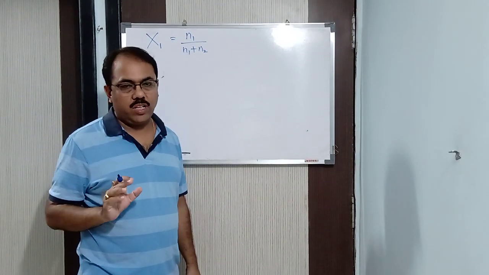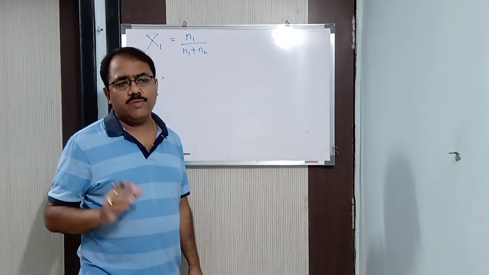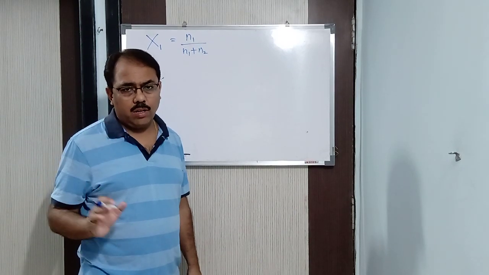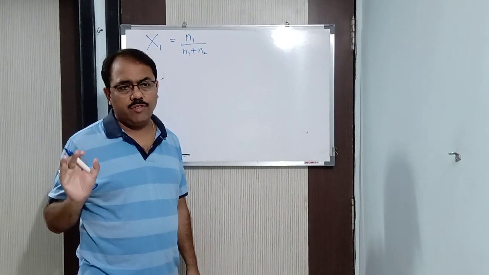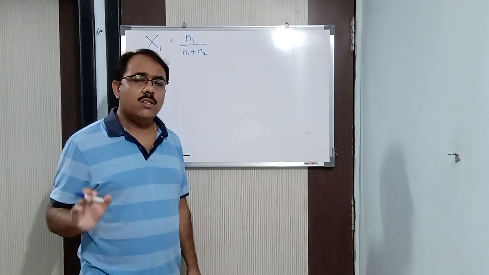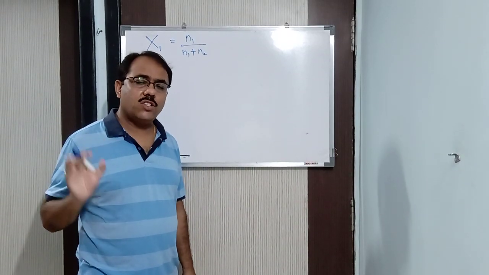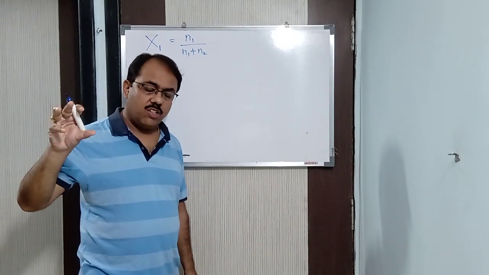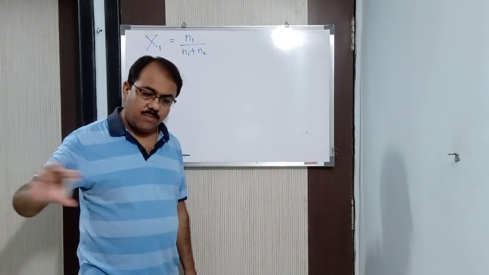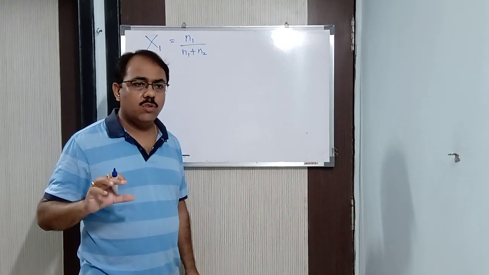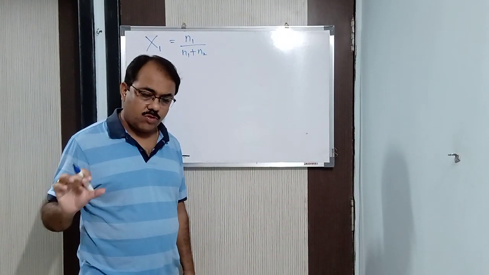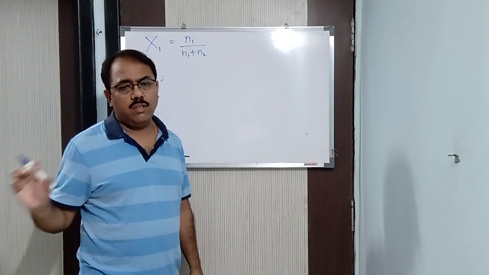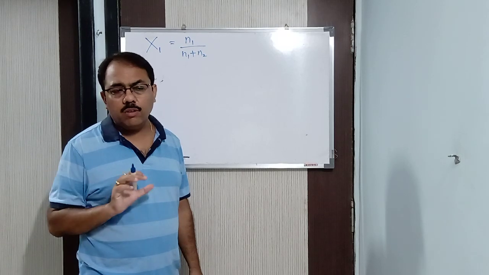For example, last class I said that suppose you want to prepare a hand lotion, you have sulfuric acid, glycol, glycerol, water, NaOH. Suppose you want to find the mole fraction of sodium hydroxide. It will be the number of moles of sodium hydroxide in the numerator, then the total number of moles in the denominator. Total number of moles means moles of water, sodium hydroxide, glycerol, glycol and sulfuric acid. You will be adding them. Clear?